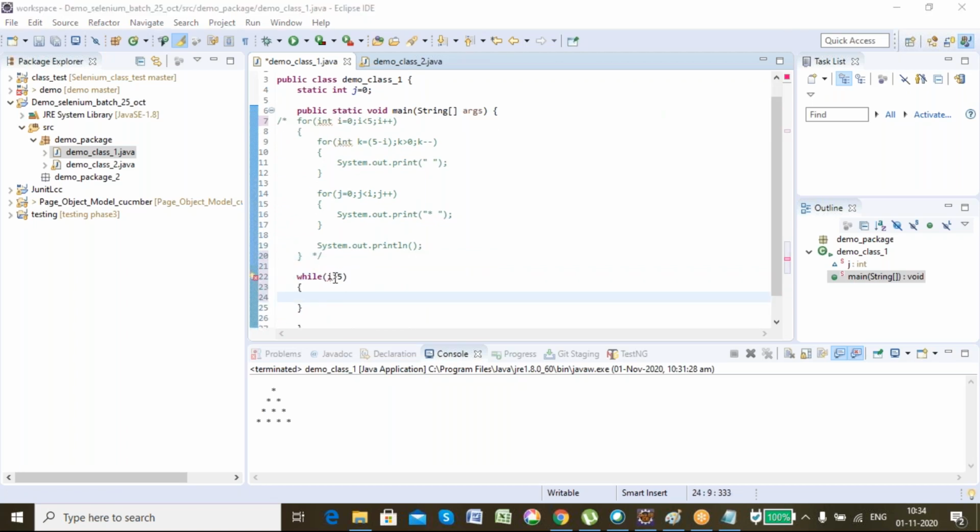So if j is greater than 5, let me write the lines of code. Let's use j because it's already declared.